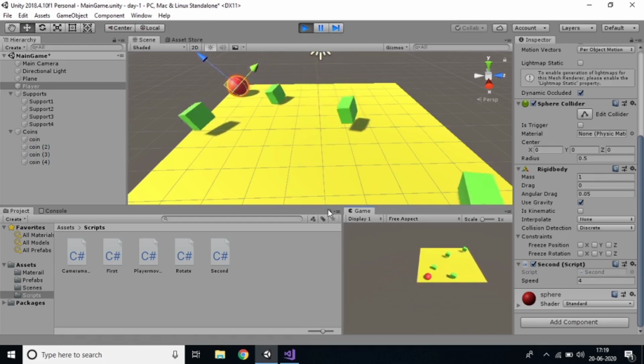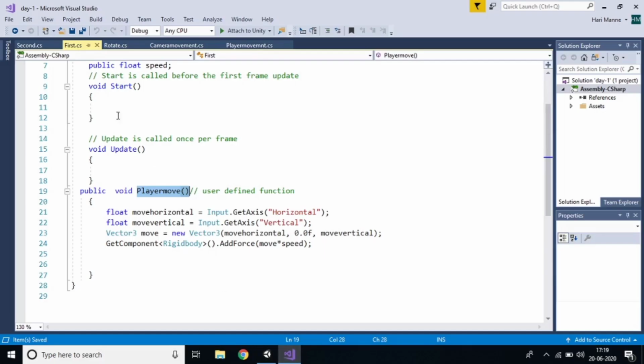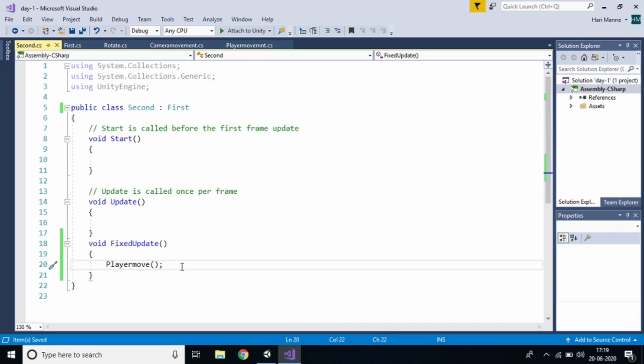We can call the user defined function in a predefined function. So again, I created a first script. In that, I created a user defined function, which I named PlayerMove. In that, I wrote the code which is movement, and in the second script, I call that user defined function.